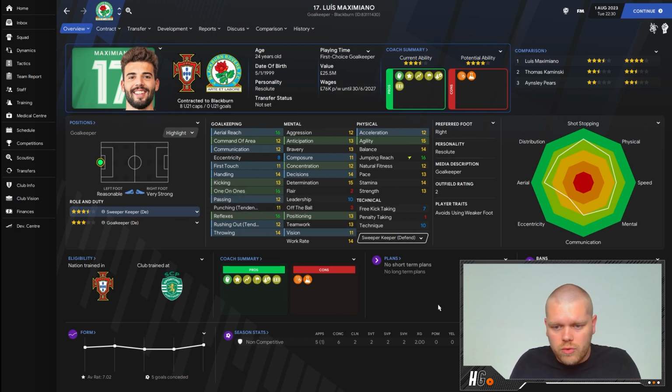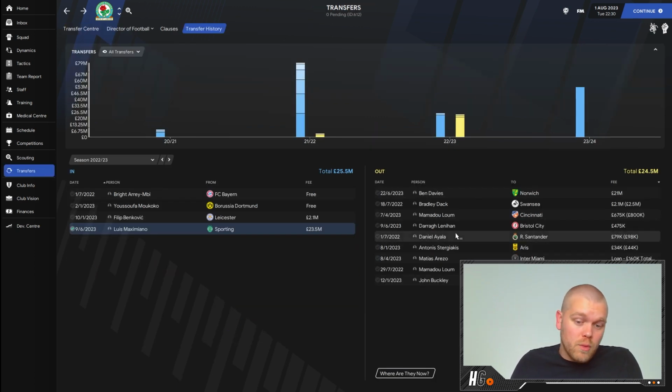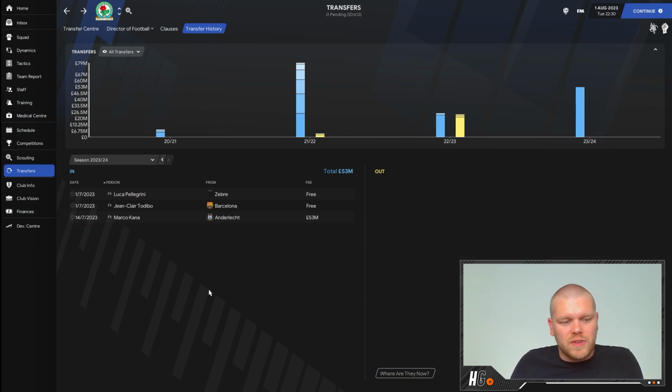I think he could be a real addition for us. He will fight it out with Thomas Kaminski for that goalkeeping role, but as you can see, 2.5 star versus 3.5 star, there's not really too much in it. First choice goalkeeper, and that is what he will be. We spent £23.5 million on him, but the transfer business for this summer, for me, is more about the